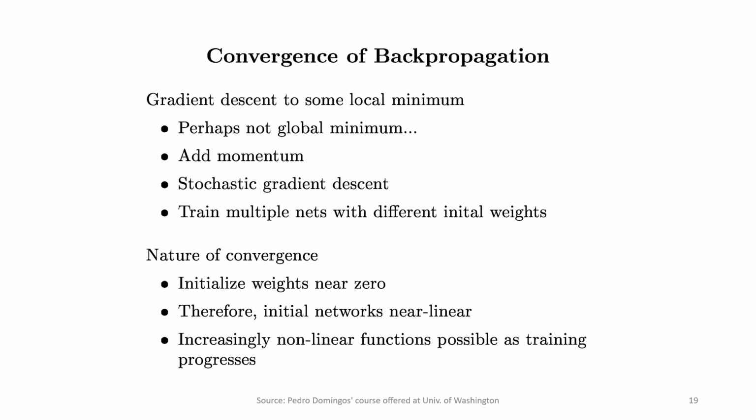Finally, before we break, I want to make a few remarks about convergence of the backpropagation algorithm. In fact, this is an important point that I forgot to mention earlier, or maybe I did mention that the error function for neural networks is highly non-convex because of this sigmoid function. Even just for perceptron and for neural networks, because it is a composition of these sigmoids, it's highly non-convex, and gradient descent is only guaranteed to converge to local minima, and almost always probably not the global minima, and that may be a problem